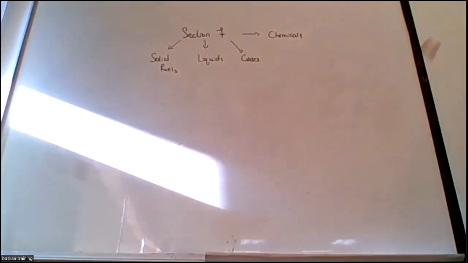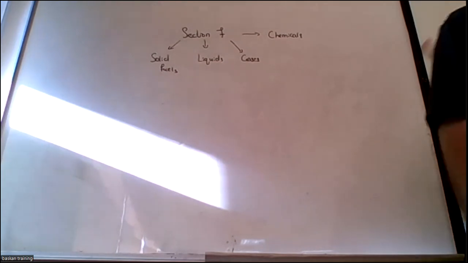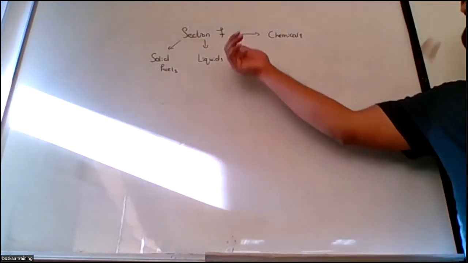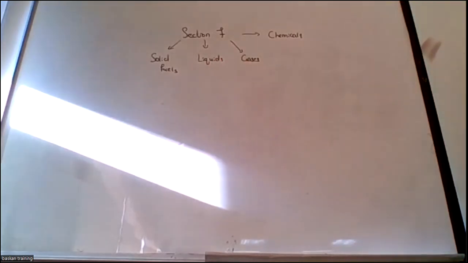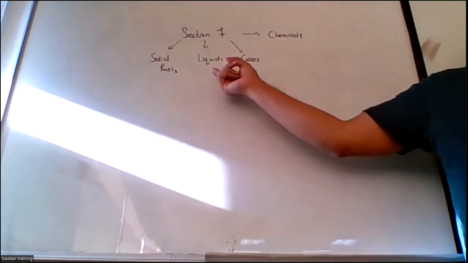Whenever there's a question regarding any type of solid fuel like coal or wood, it will be from section 7. For any type of storage practice for liquids like flammable and combustible liquids, you have to come back to section 7, because before understanding storage, they have provided all the details on the flammable and combustible liquids. Unless you know the liquid itself, you cannot store it, and you cannot provide any protection for it. So for flammable and combustible liquids, you will come to section 7.